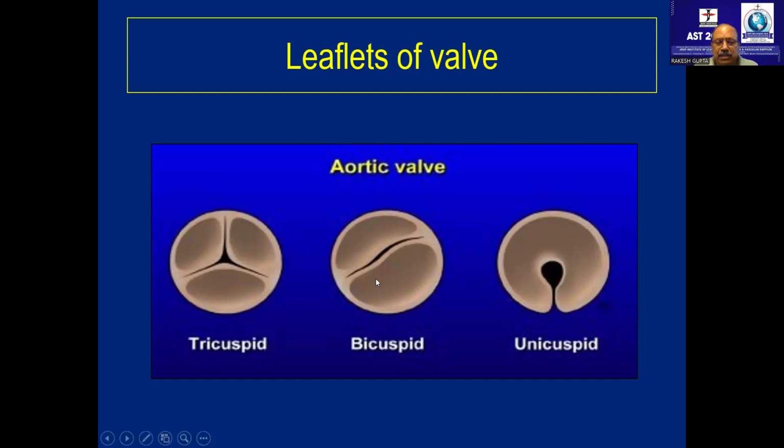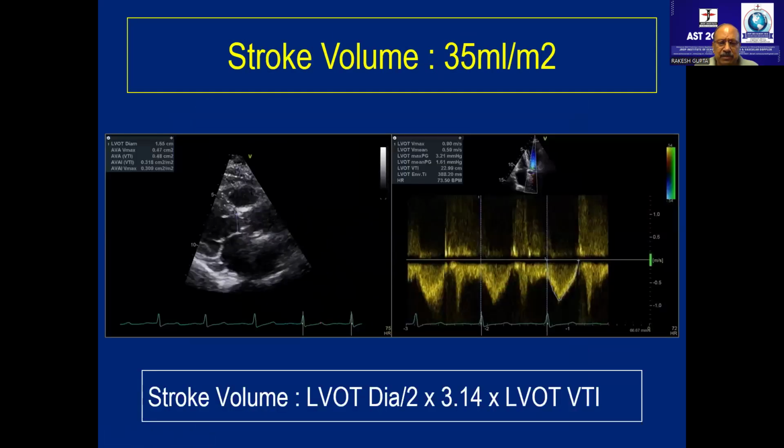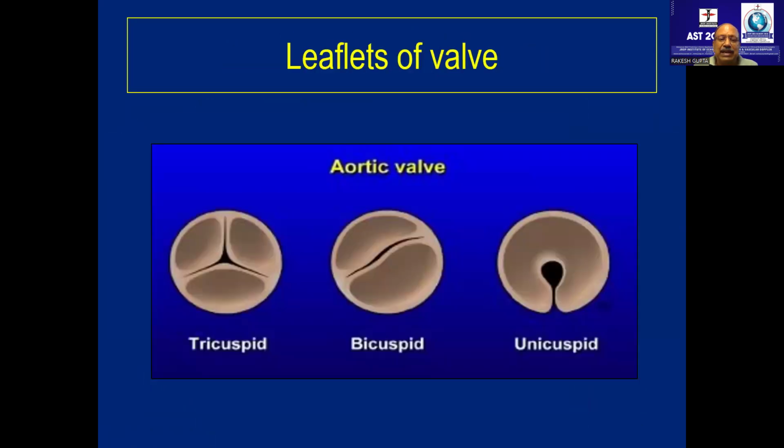So we have tricuspid, this is bicuspid, and then we have unicuspid valves. Now, what exactly do we look at, bicuspid or tricuspid? Normally, there are three kinds of valves which are seen in practice in bicuspid. One is a left-arm opening, where the valve leaflet opens like this. Almost 48% of the people are like this, 40% people are like this, and only 4% people have straight-looking valves.